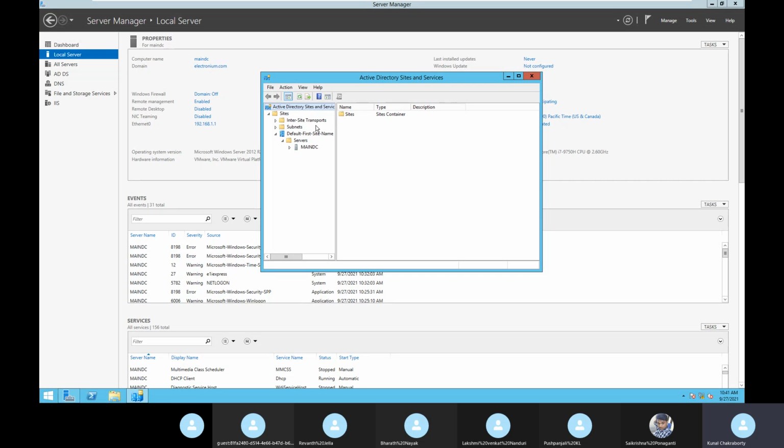What we need to do is rename it and make it whatever the main site name is. Right now we have only one site that I can see, and that is in Bangalore only. We can't see any other sites. But our server needs to be deployed in another site, right? That means we need to create another site, where we will attach the server.